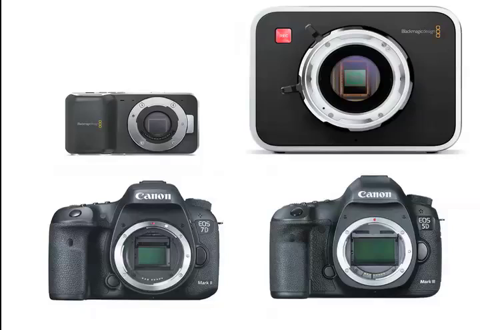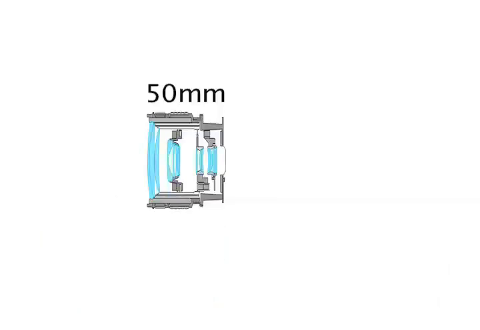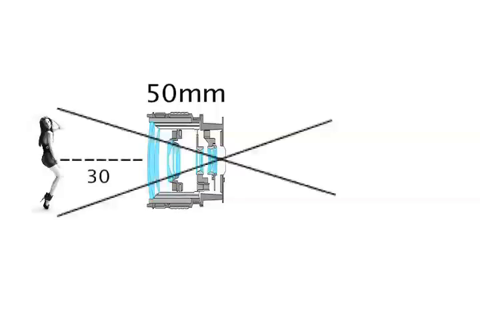All sensor sizes affect this rule, not just Micro Four Thirds and full frame. And this is how. Let's take a 50mm lens. Place a subject 30 feet from the camera. The light from the subject will pass through the lens, shining onto your sensor. The Micro Four Thirds sensor is small and close to the rear of the lens, so the image captured is